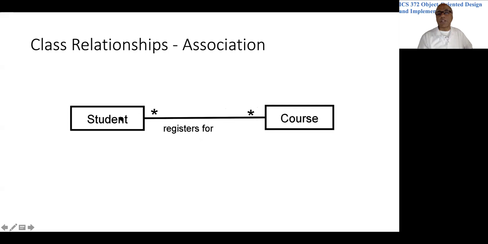Class relationships are shown like this. Student registers for courses, or maybe this should be sections. It doesn't really matter much. It is a many-to-many relationship. We used to put stars on both sides of the relationship. We write the name of the relationship